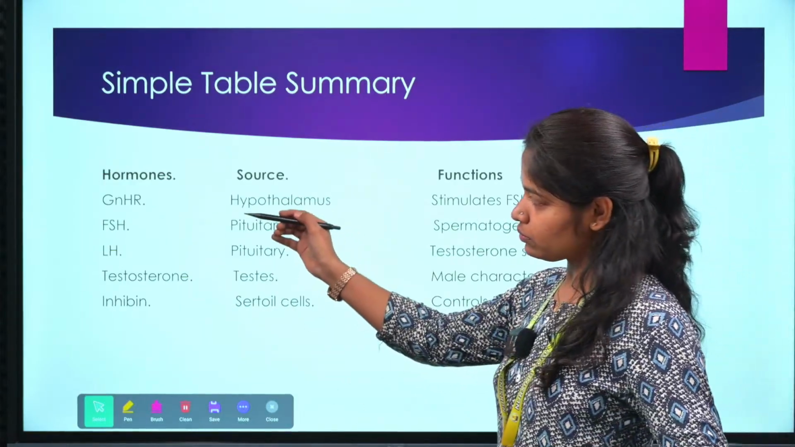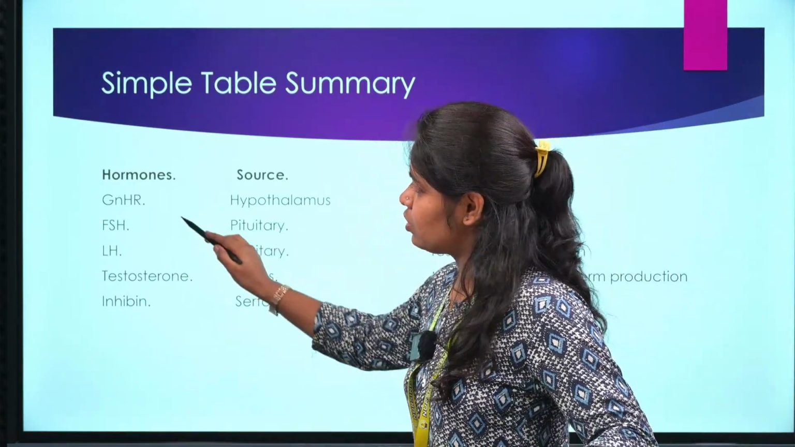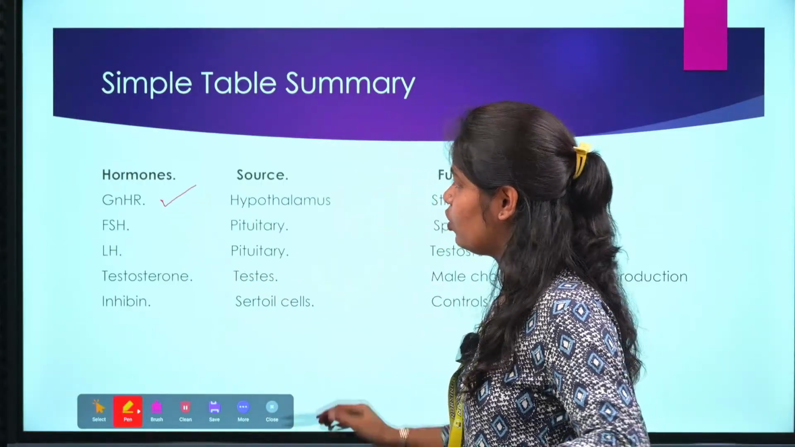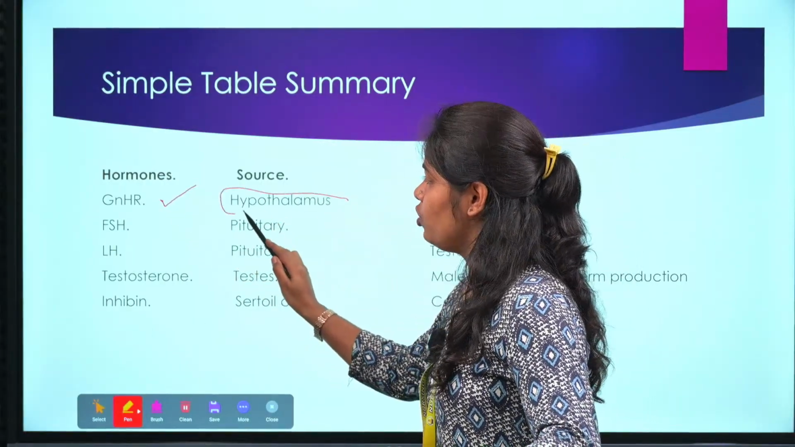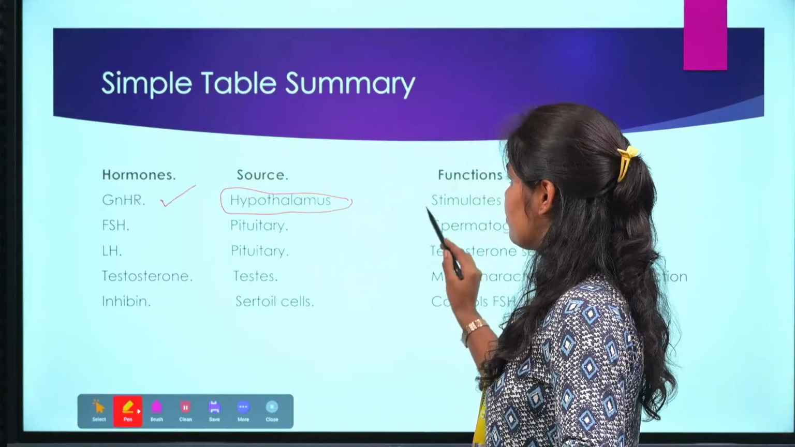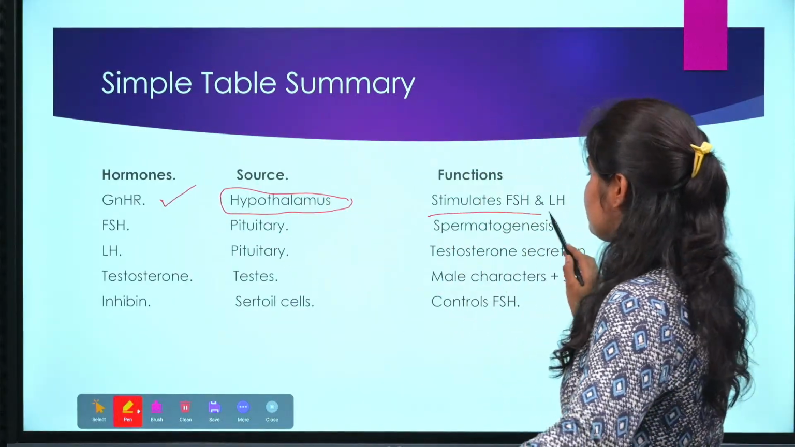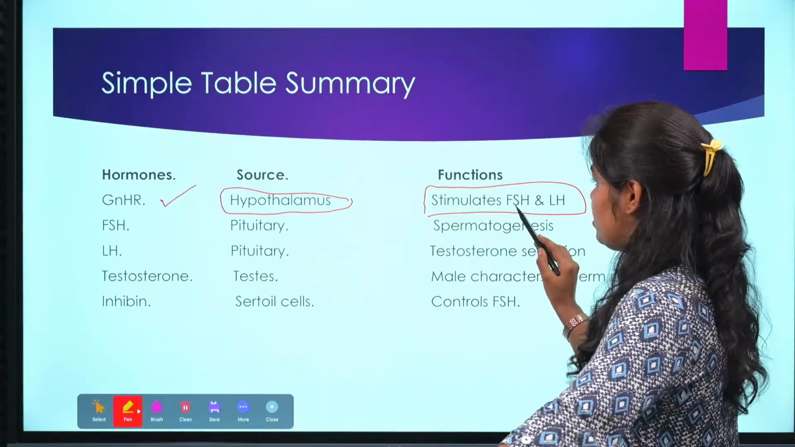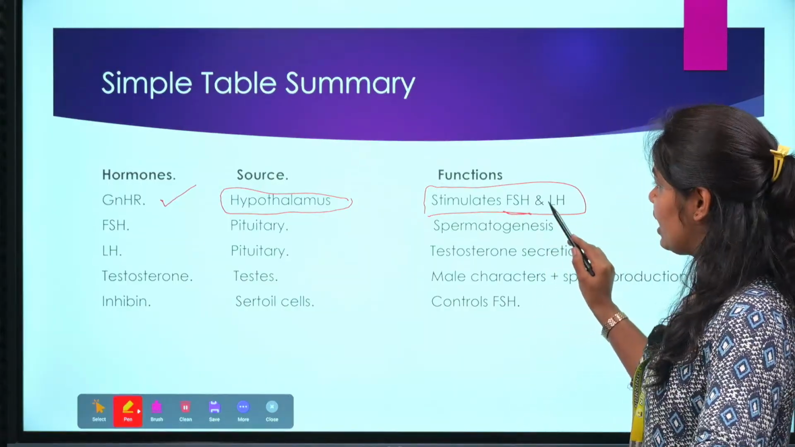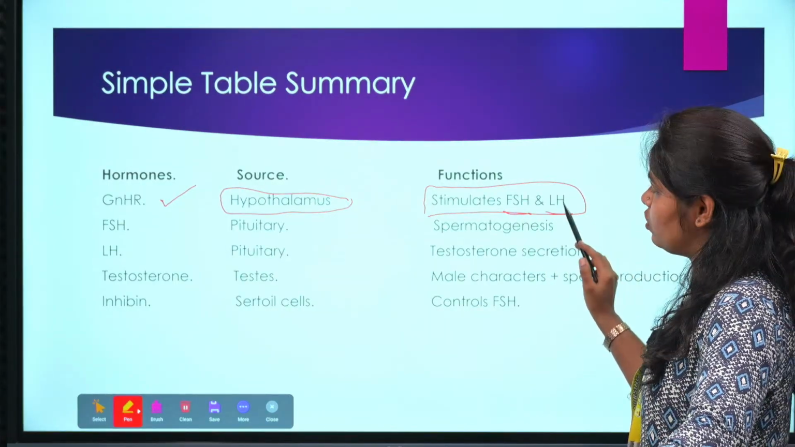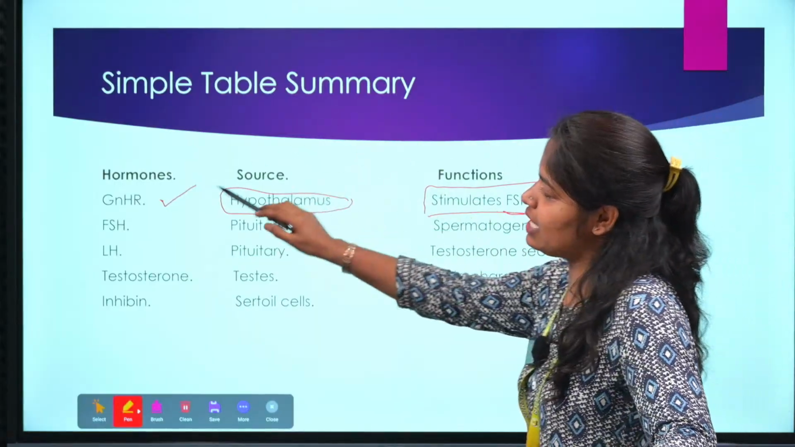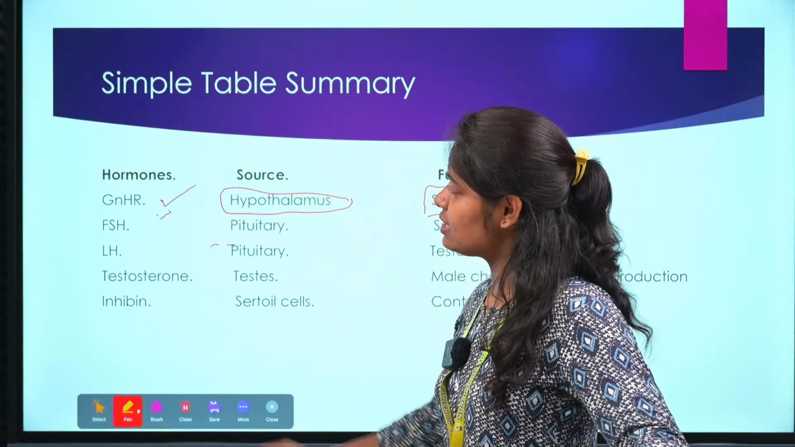First one, the hormone is gonadotropin releasing hormone. This is produced by the hypothalamus. What is the function of this? It stimulates the FSH and LH, follicle stimulating hormone and luteinizing hormone. These hormones are stimulated by the GnRH. Next is FSH,